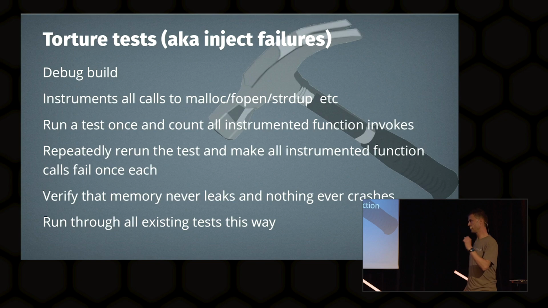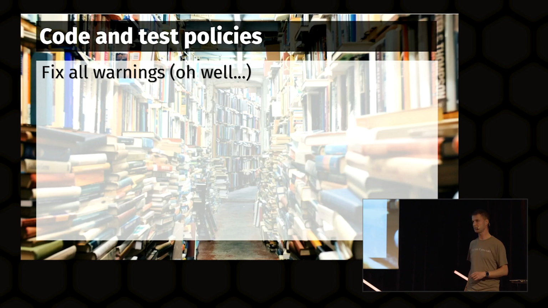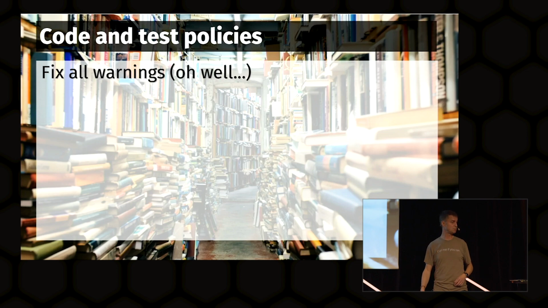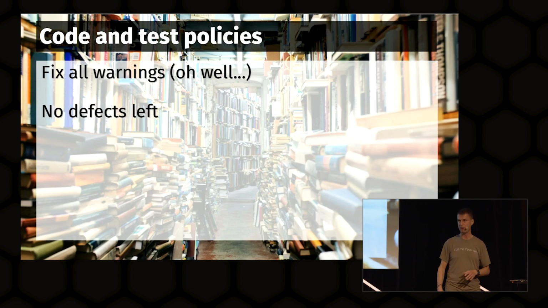So to make sure that everything is as good as possible, we have these tests, and we fix all the warnings that we can get. Fixing warnings in C code running on all these platforms is a challenge, because fixing a warning on one platform will introduce it on another, and vice versa. You have to #ifdef and so on. So it's really, really hard. I think it's more like a vision or a goal: fix all warnings on all platforms. We'll never get there, but we'll fix them as well as we can. And we don't leave any defects found by any of these code analyzers. So we're strictly at 0 defects found by, for example, Coverity and all of those.